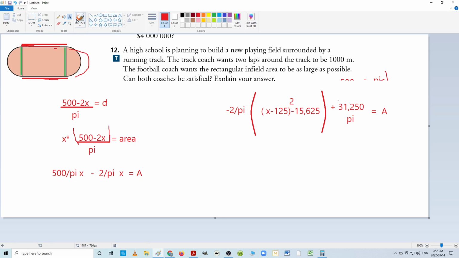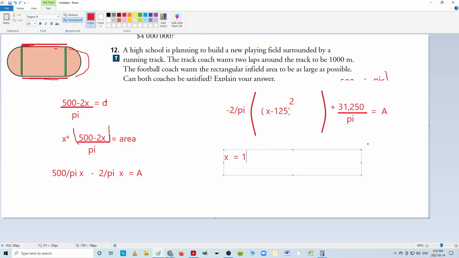So we're going to get the max values. The area of this thing is going to be the max value of it. And the x value I should use is 125. I can go back here to figure out my x, because my x times y is here, but I also have an equation right here to figure out that y diameter. So that means my x